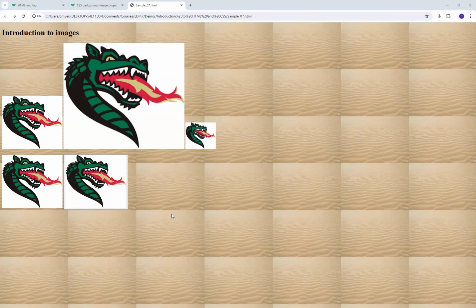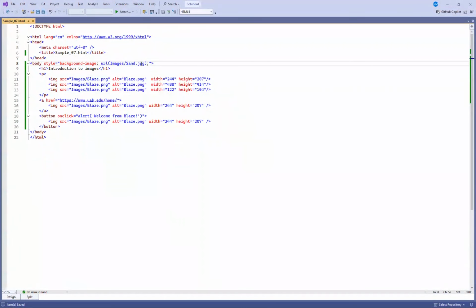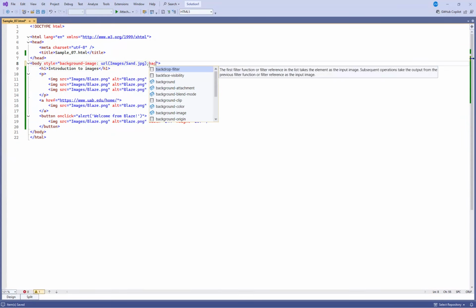So you can add additional styling to the body element. Now, we are going to take a look at styling in later videos, so if this doesn't mean a lot to you right now, that's perfectly okay. As a matter of fact, it's probably not a great idea to style the element inline, and we'll discuss this in later videos as well. But for the purposes of this example, I am going to go ahead and add one more styling element,